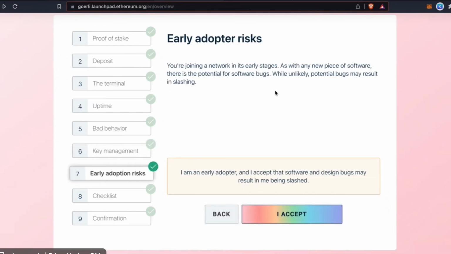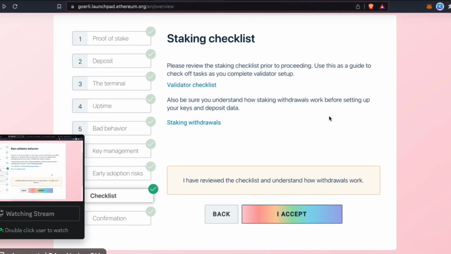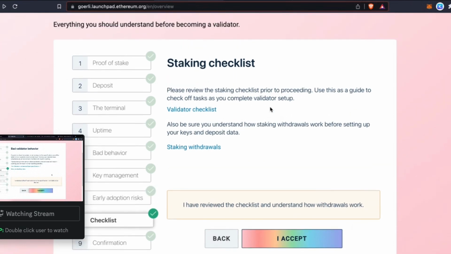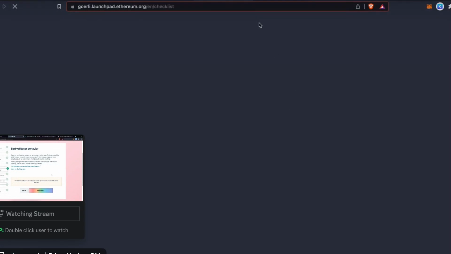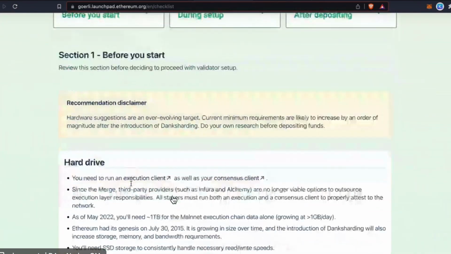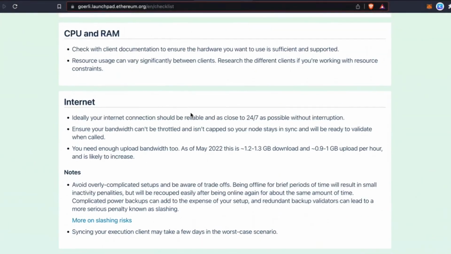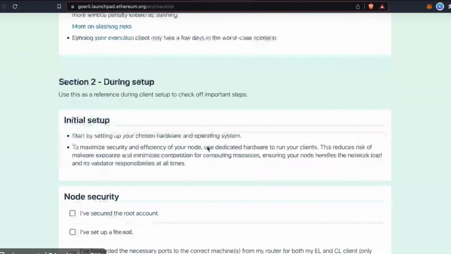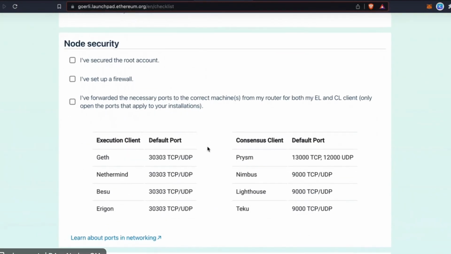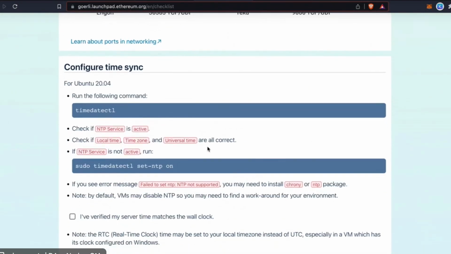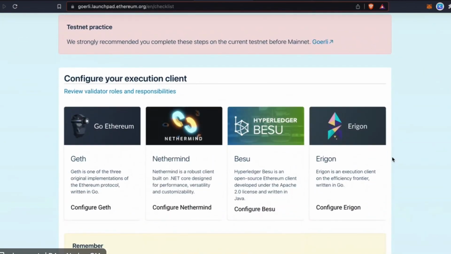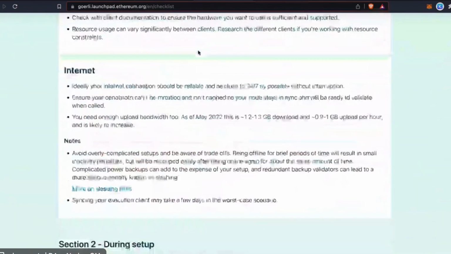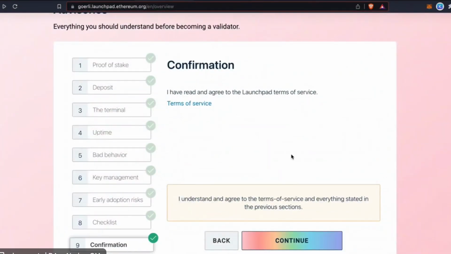Early adopter risks. I think this is also maybe a little bit outdated on the Ethereum Foundation side. So this is our checklist. We're also going to be going through it. We already have pretty much all of this because we have Dappnode, and the software takes care of handling these settings. But yeah, this is what you can see on the checklist. So let's go a few steps back and keep going with the